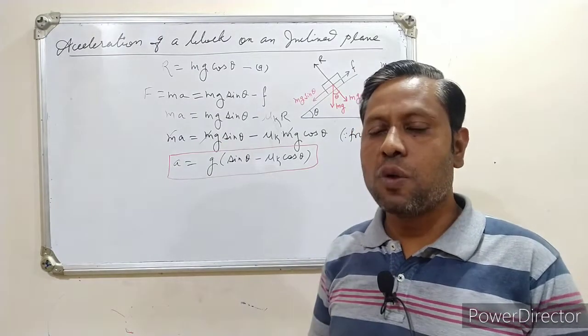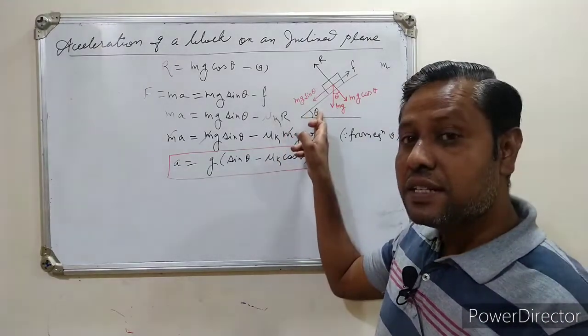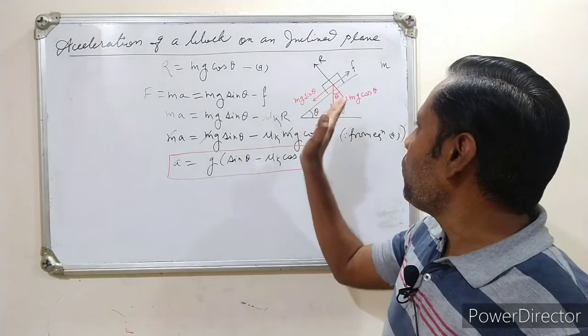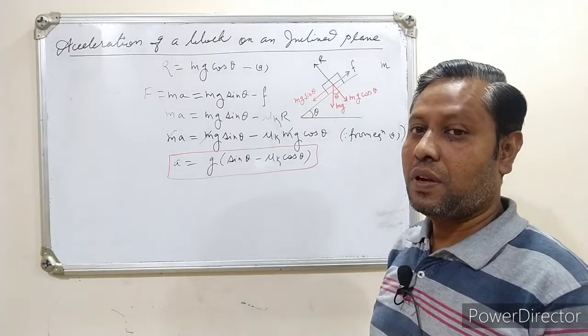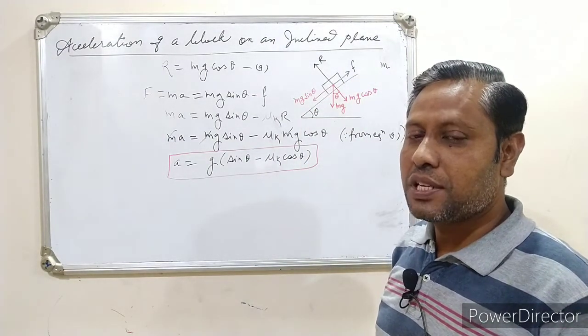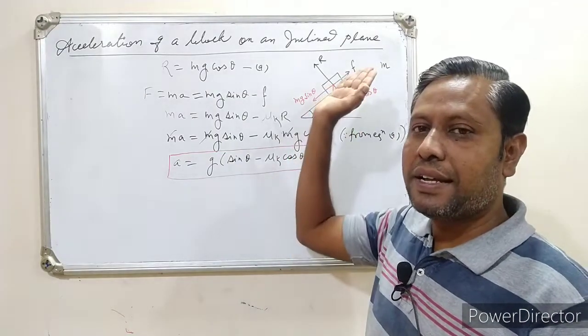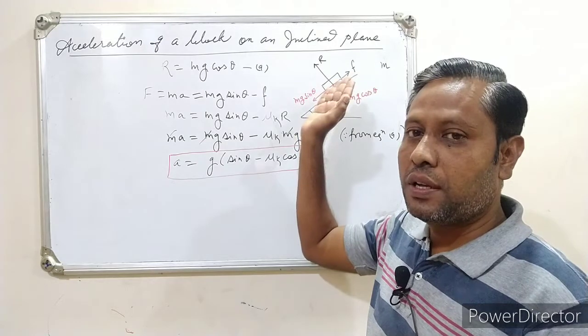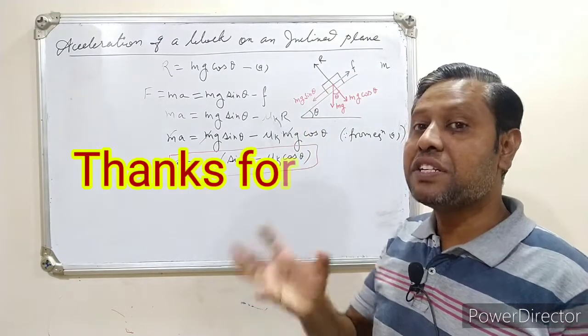Let me add one more point now. Suppose this angle is less than the angle of repose and we want to move this block in the upward direction. Now what to do? Obviously the block will not go automatically. We have to slide it up against that particular frictional force also. So in that case I have to apply some additional force here.